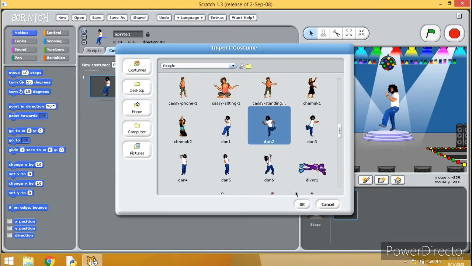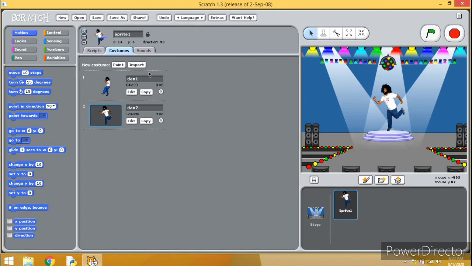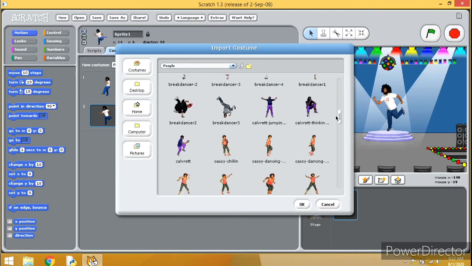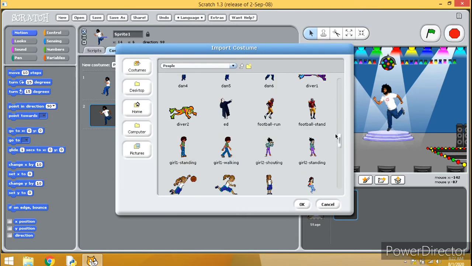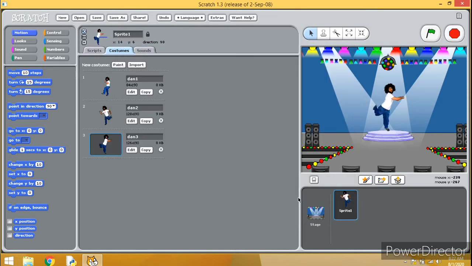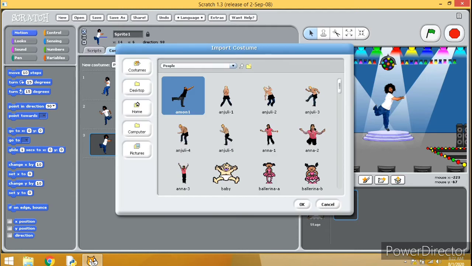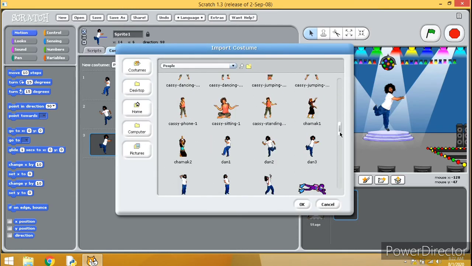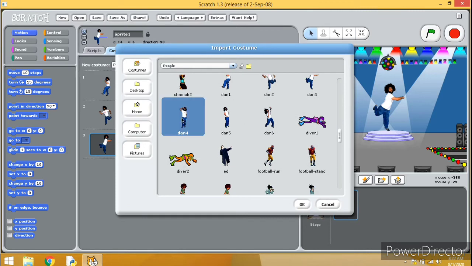Dance 2, let us take this, one more. Again the same process is repeated. Dance 3, then dance 4, up to dance 6 we have.